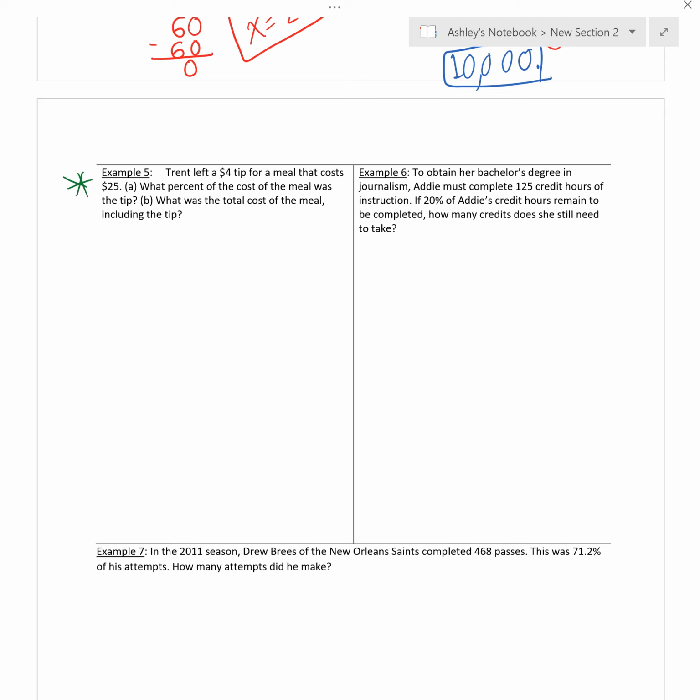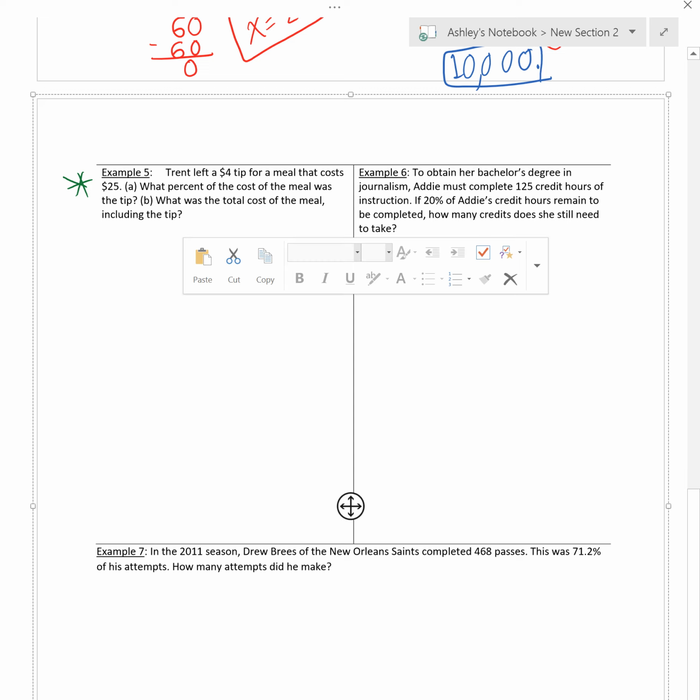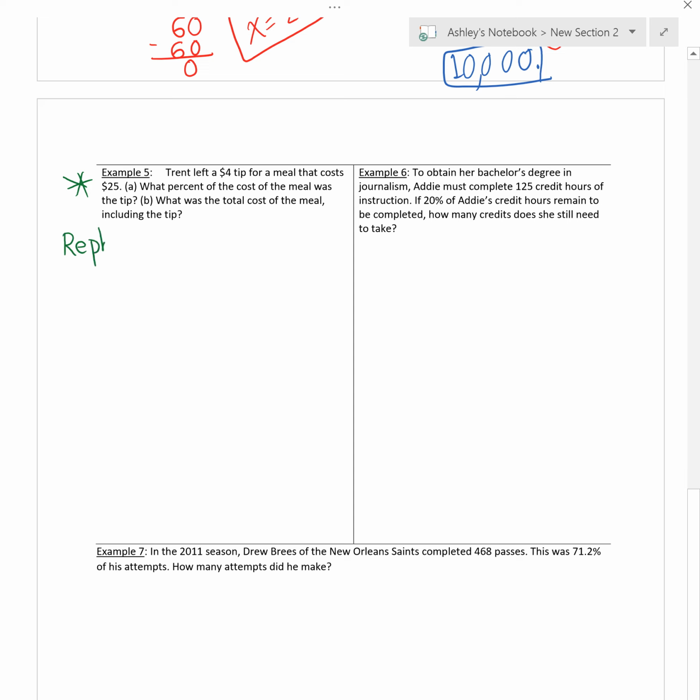So let's see, in example 5 it says, Trent left a $4 tip for a meal that cost $25. And the first thing they want to know is, what percent of the cost of the meal was the tip? So let me try to rephrase it. It kind of sounds like one of those problems above. What does it kind of sound like? It sounds like they're asking what